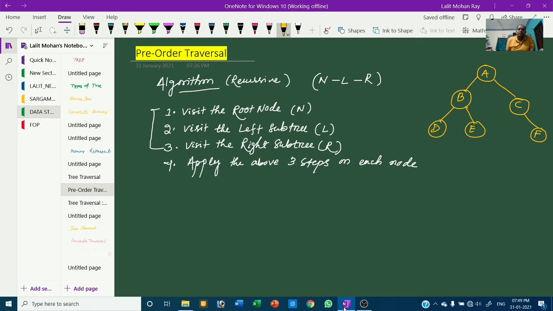We have to traverse this binary tree in pre-order format.